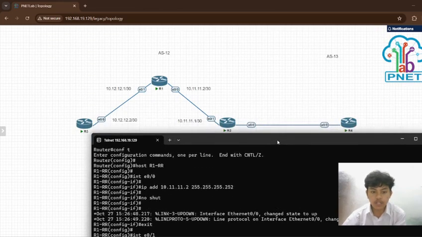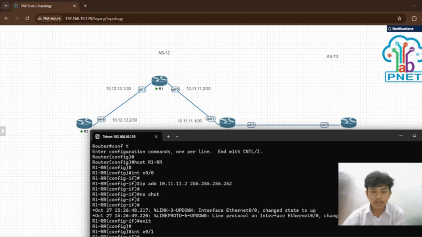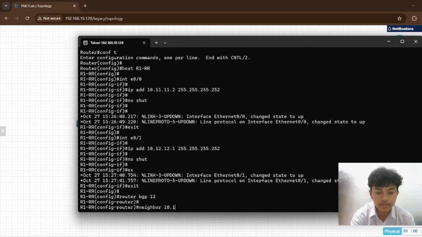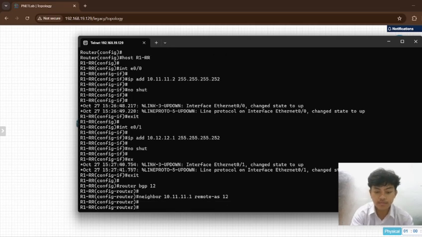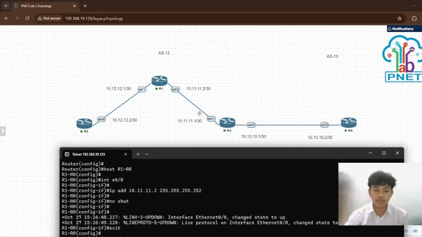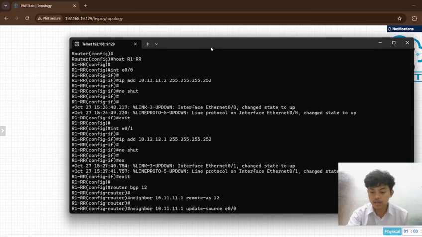We use the neighbor IP 10.11.11.1, remote AS 12, and neighbor update-source Ethernet 0/0, and enter.